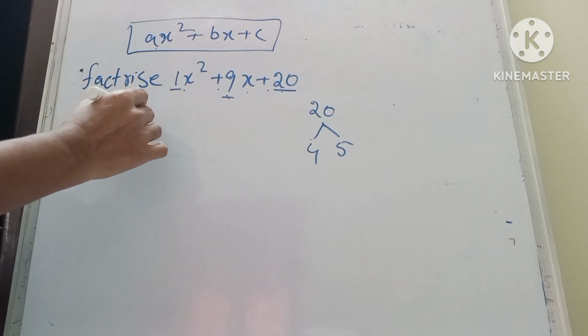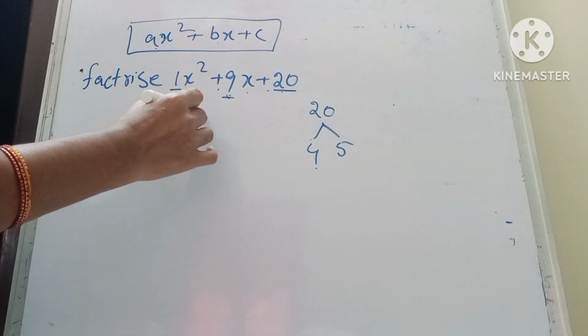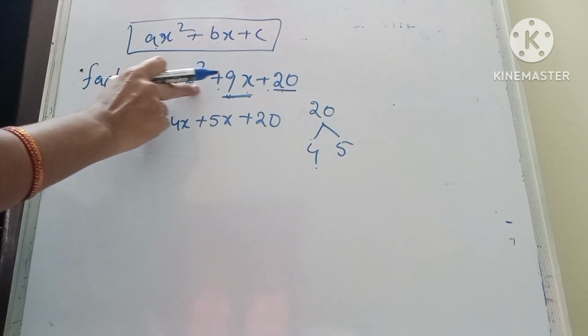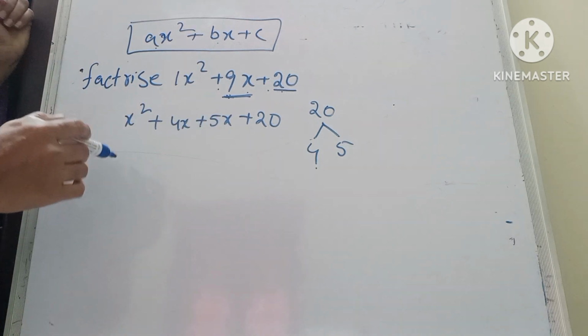So write x square plus 9x. 9x can be written as 4x plus 5x plus 20. So 9 can be written as a sum of factors of 20. Sum of factors of 20. So now